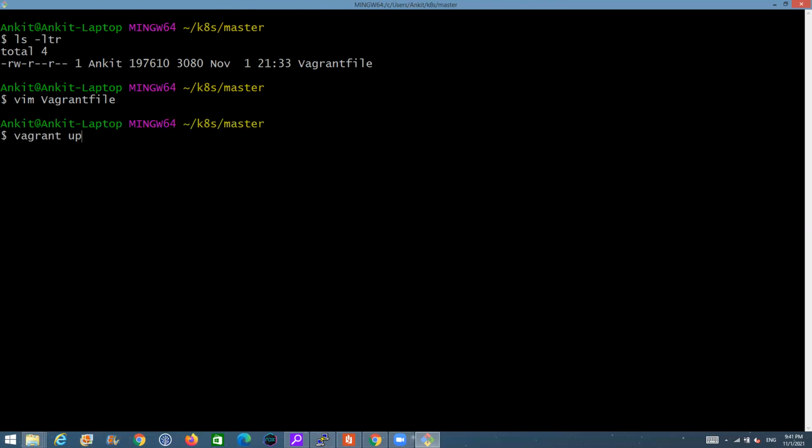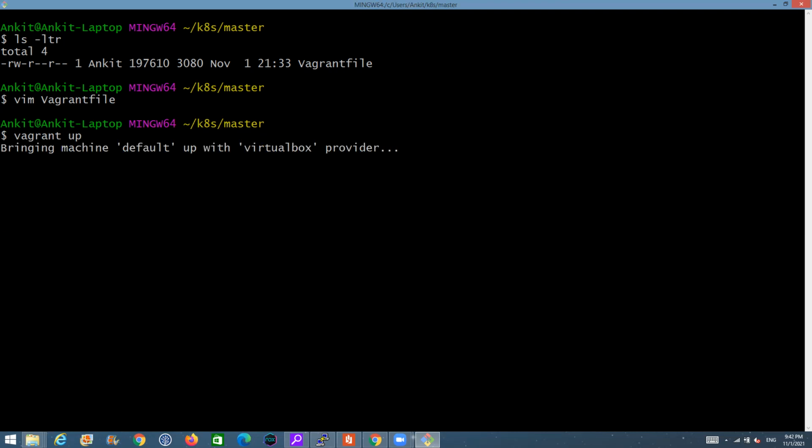So during the first time run, you might find that it's taking more time depending upon your internet connection. If the image size is big, you can consider it to be a couple of minutes before the download completes and it starts creating the virtual machine. So go ahead and run the vagrant up command. Now, once you run the vagrant up, it will read the image, create the virtual machine, assign the IP, assign the memory and CPUs to your virtual machine. And then once the virtual machine is created, you can go ahead and use it.